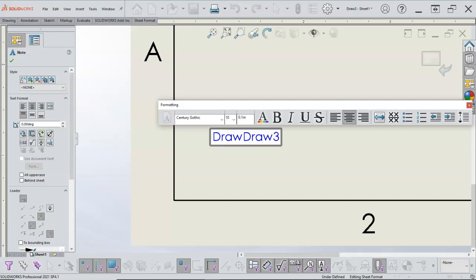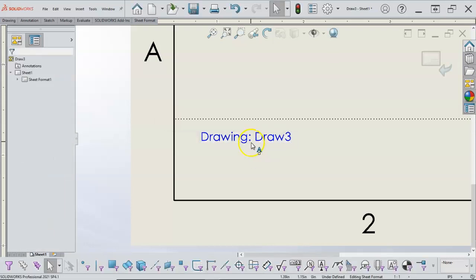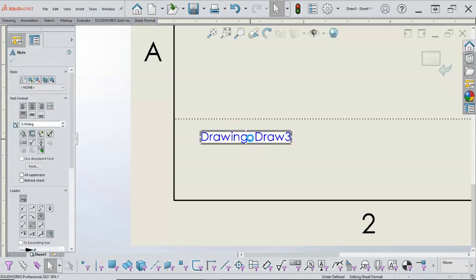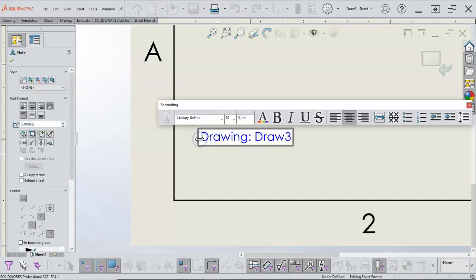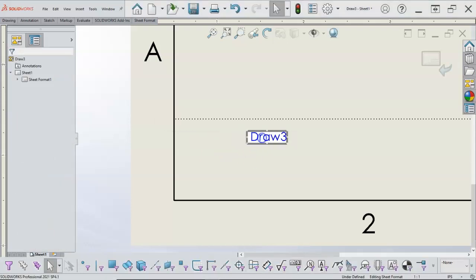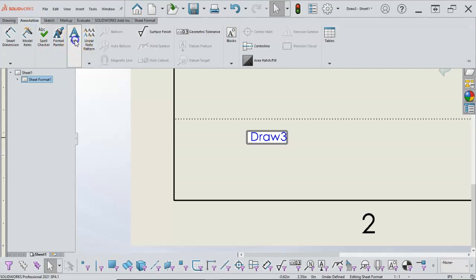Need to turn my caps off. So the drawing, that one's still showing up as part of the link, so maybe not. Let's be on the safe side. We'll keep those separate. All right, so back into the annotation, create a note,